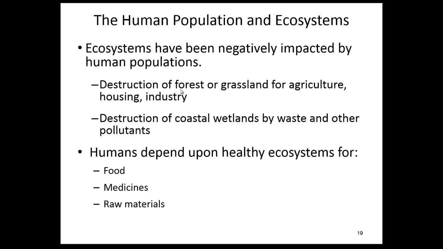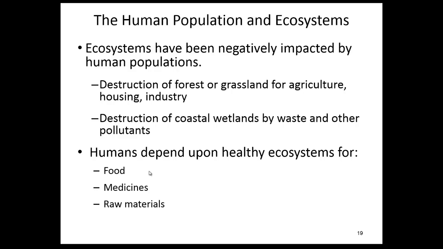And also we know that our activities, such as transporting goods through waterways, result in oil spills and contamination. So we are destroying some of those wetland areas, which affects the population of organisms that live in those areas. So we need our environment to maintain a healthy status because we want food that's not contaminated. We need a good abundance of food, so we need healthy soils and space to grow our food.